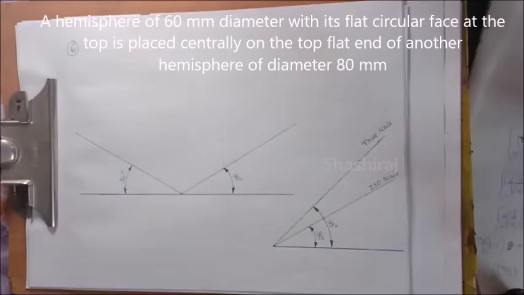You can observe that there are two solids and both are hemispheres, placed such that the flat circular face is facing upward. The bottommost solid is a hemisphere of diameter 80 mm, and on top of that there is another hemisphere of diameter 60 mm. The spherical surface is at the bottom. We cannot create the spherical surface as it is. So initially we start by constructing the top face, which will be an ellipse in isometric projection, and after constructing the top face of the bottom solid, we construct the spherical surface.